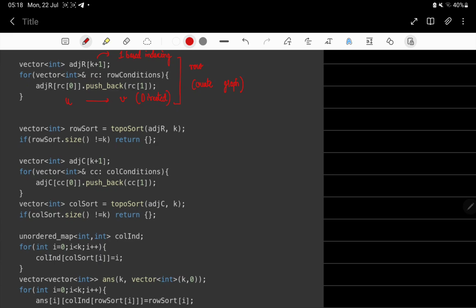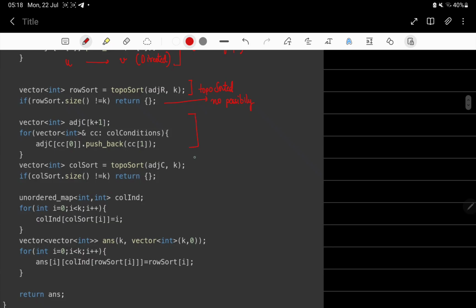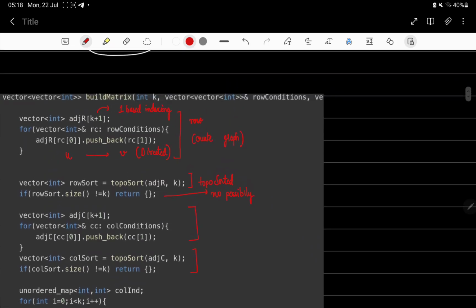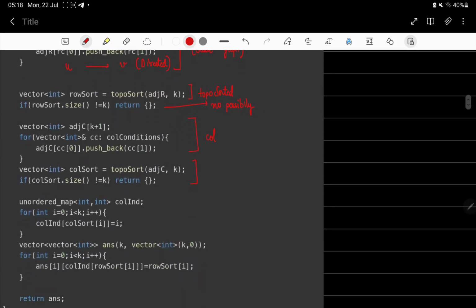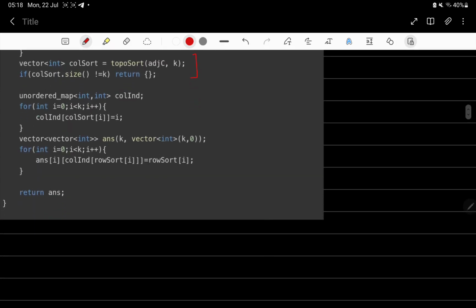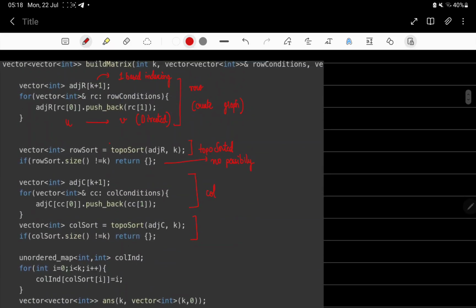Now the second thing is I just topo sorted it. If topo sort was not possible, which means there is no possibility of an answer, if the topo sort is not valid, I'll just return an empty matrix. Similarly, I have done the same steps over here. This was for the row, and this is for the column. We'll go through the TopoSort function again, which I had to write, but